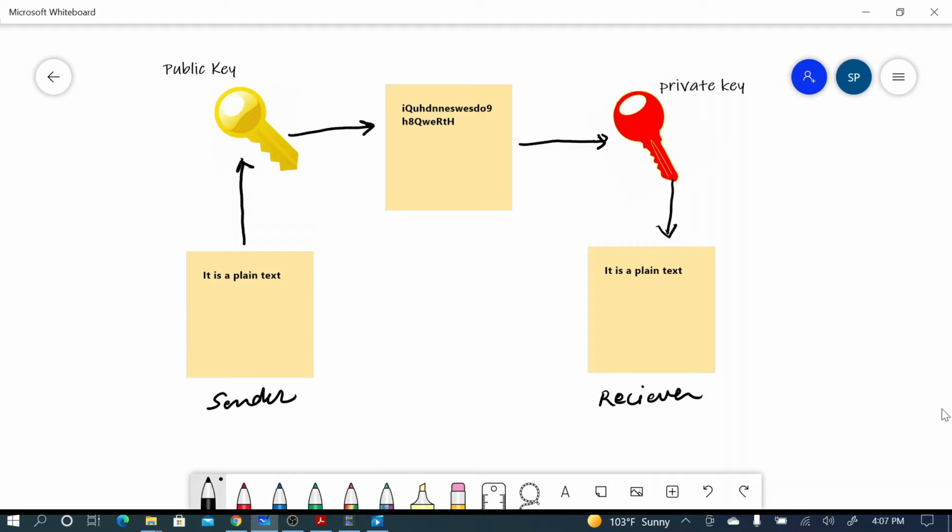The sender needs to encrypt the message with the public key and send it to the receiver, and the receiver then decrypts the message with his private key, and the message will be available in plain text.